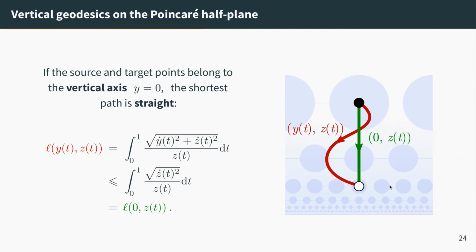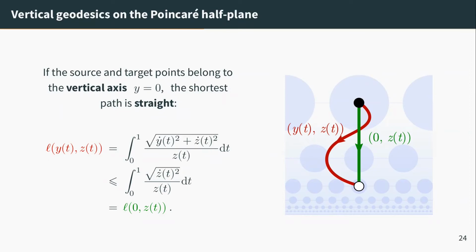And now I'm interested in finding a path that has minimal length between them. Well, maybe to do that, I should first take any path. So let's take this red path, with coordinates y of t, z of t. So y is a horizontal axis, z is a vertical axis. And compute its length. So by definition, the length of y of t, z of t is the integral,